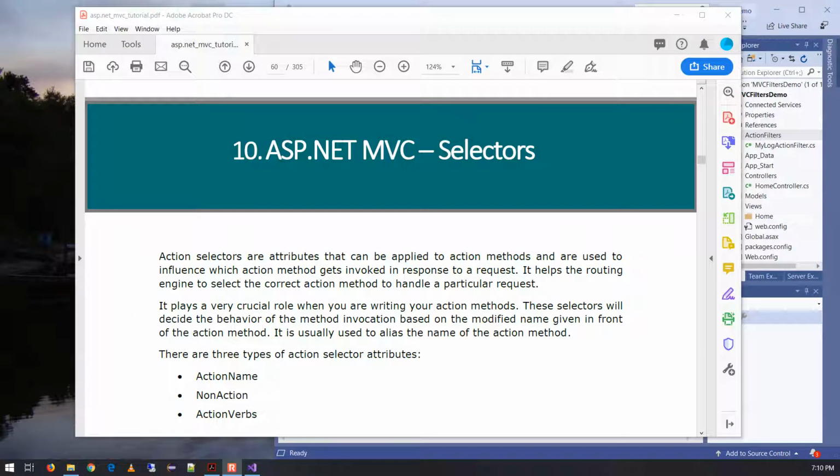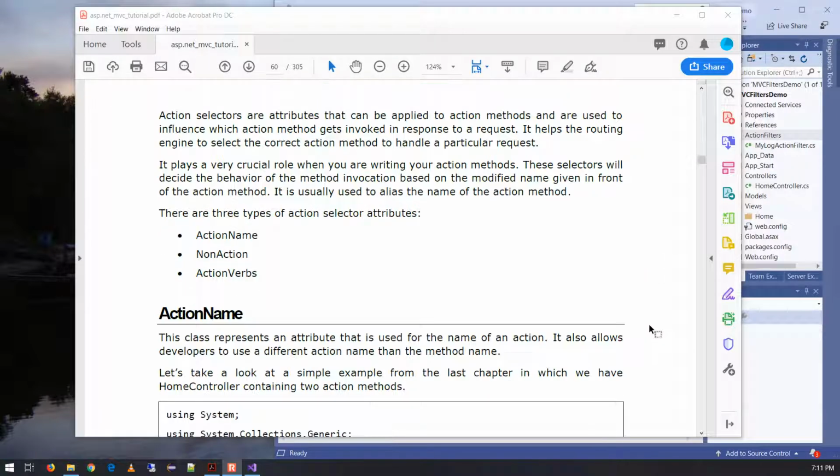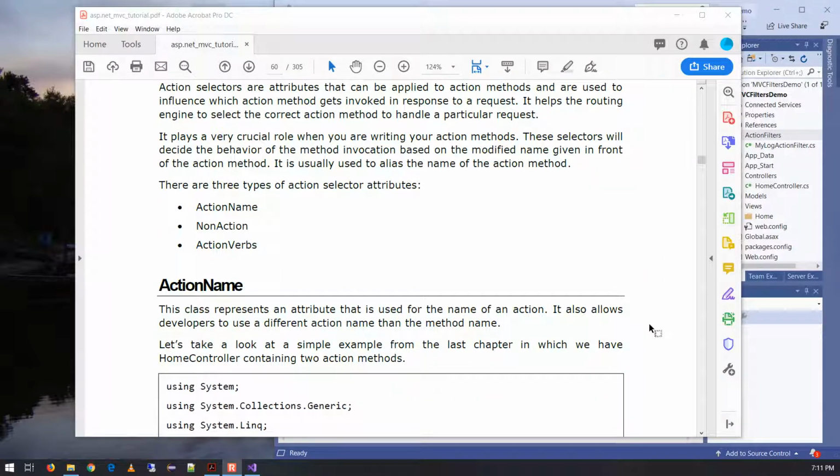All right, we're going to move on to section 10 now, and just a little fair warning, you don't need to start a new application for this section, at least not quite yet. This one's going to focus on another technology within this architecture called selectors. Now, the thing that is interesting here is that there's basically 3 types of these selectors, or these attributes that we can throw in, and they fit